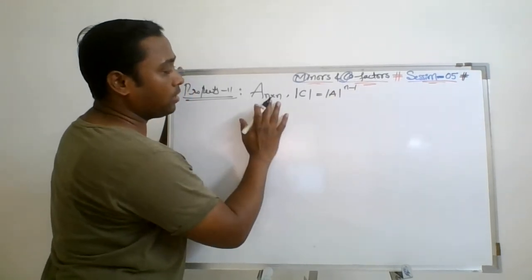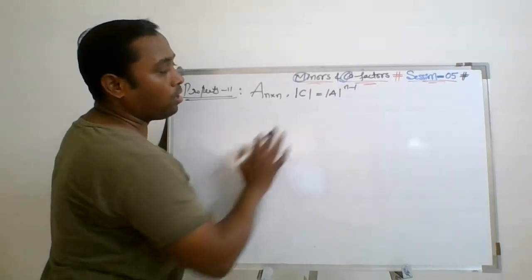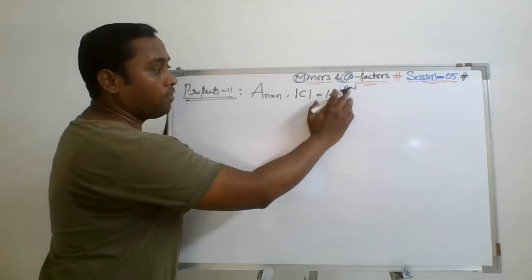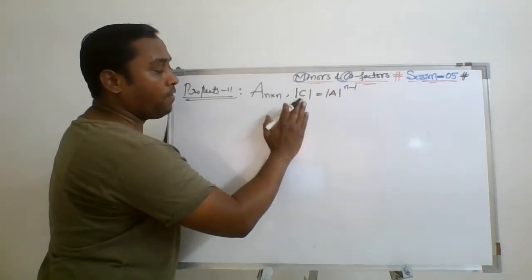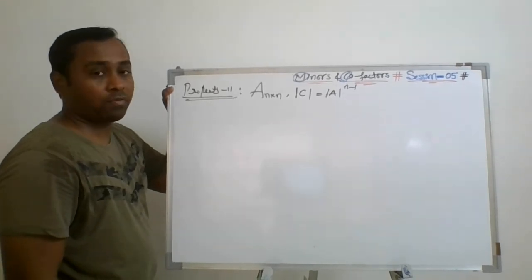Under order 3 by 3, the power will be 2. If the order is 2 by 2, the power will be 1. So what happens in a 2 by 2 matrix? The power will be 1, meaning the determinant of the cofactor matrix is equal to the determinant of the A matrix. So that is what we are going to verify.